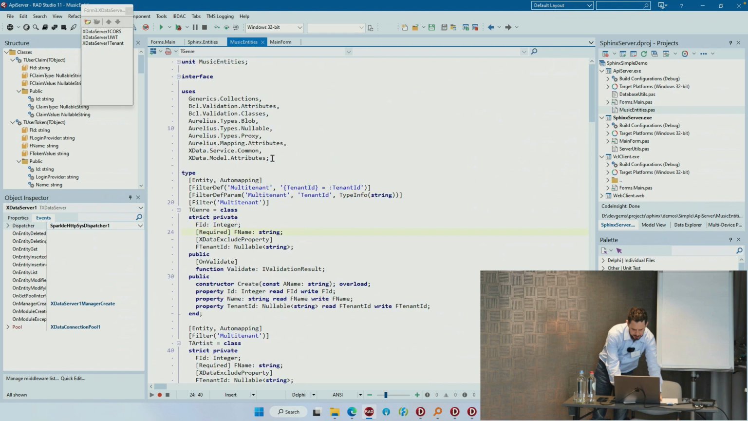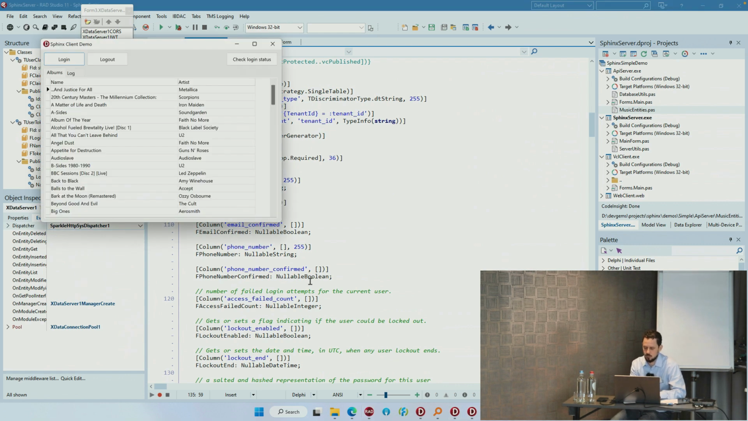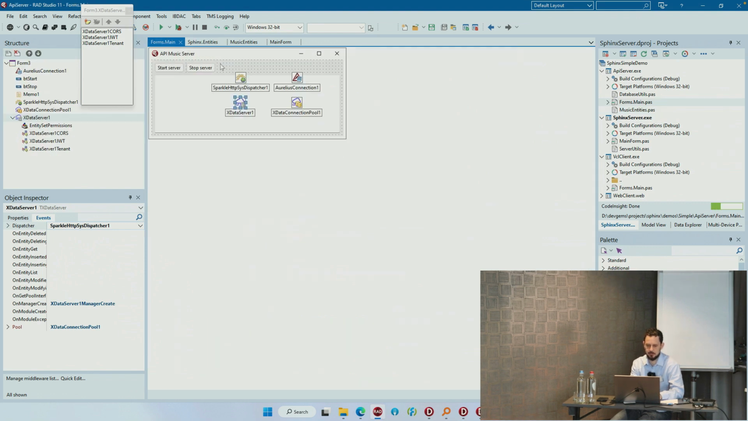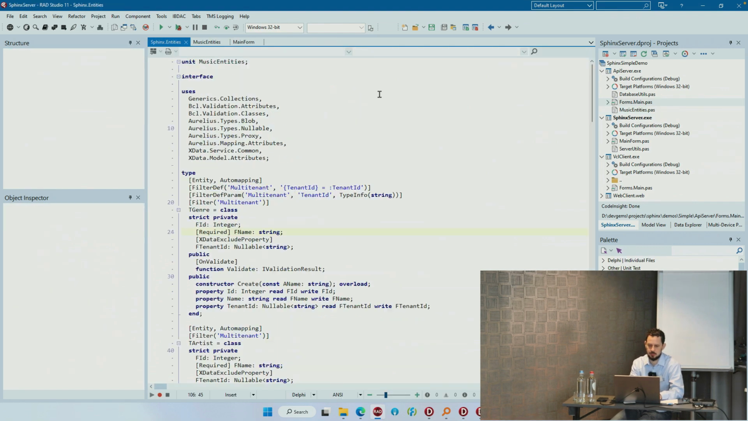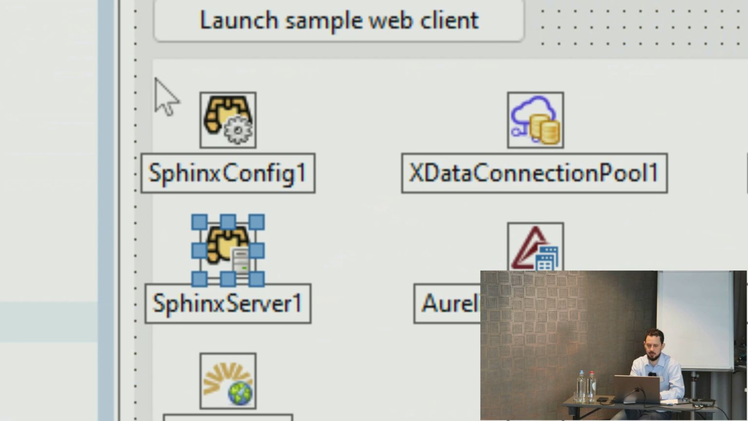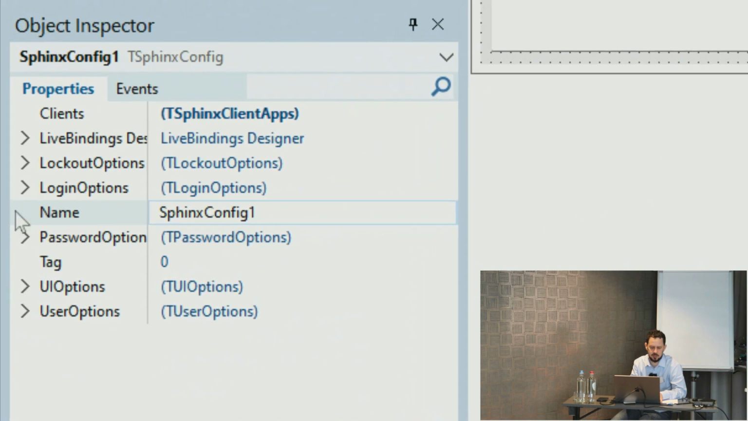Where was I? Wagner, is it possible to change the login screen itself? You have an option here. There is this. Of course, this is a session for you to know about Sphinx. It's not a training. There is no time, but there is this Sphinx config component here that has lots of properties for you to configure. We can browse some of them here. For example, you have